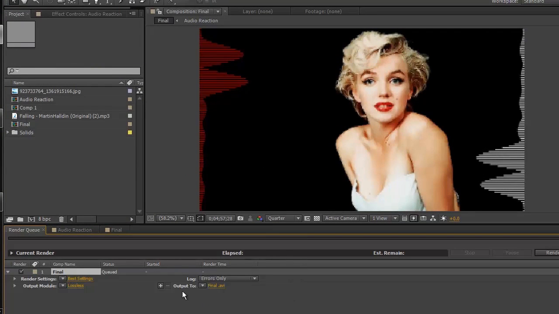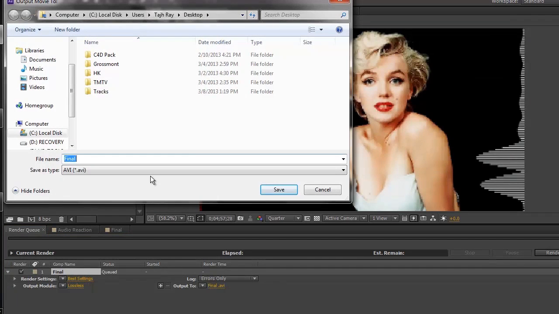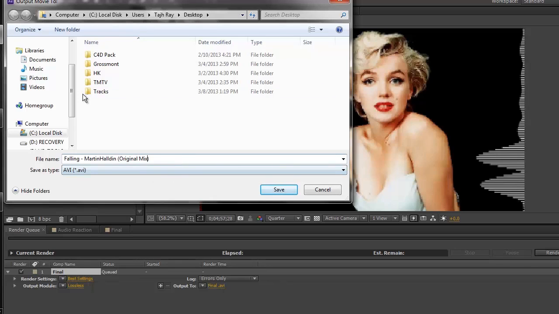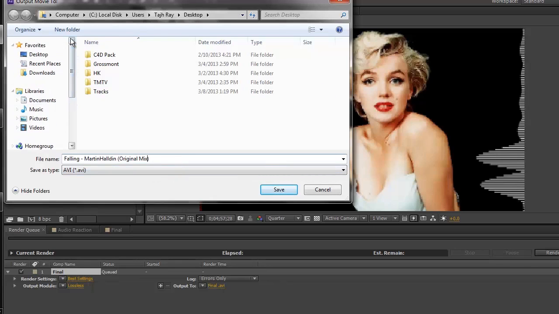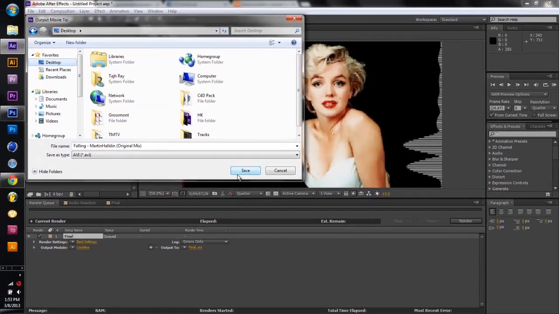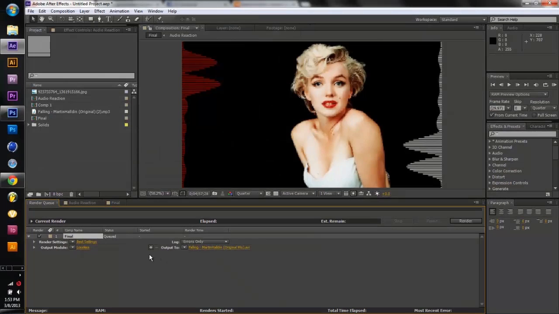And now you're going to output to, and you can change the name to the name of the song just by pasting it in, Ctrl V, or you can type the song name out if you'd like. I'm going to save this to my desktop. Make sure I have my desktop selected, let's save. Now what you really need to make sure you do is go to your output module, click the yellow text,